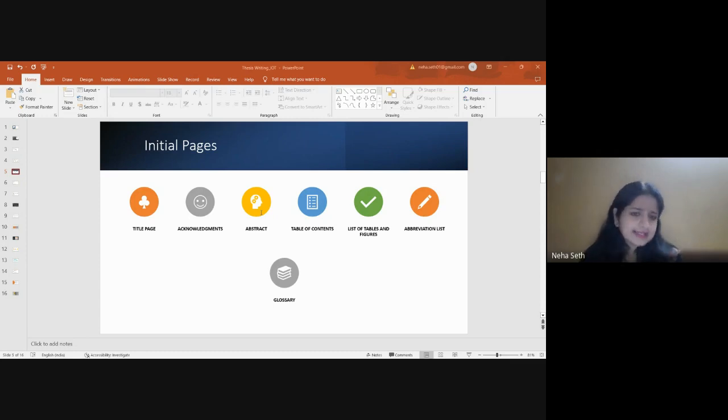Once the abstract is done, the next thing is the table of contents. Table of contents is a simple index. It is a listing of all our chapters, the headings, the subheadings, and everything with the page numbers. Whenever we are writing the chapters, we put the page numbers in the end, and this is what we have to present in our table of contents or the index, so that when the reader is reading the book, wheresoever he or she wants to reach, he or she can easily find the topic, see that this topic is available on this page, and go to that particular page.